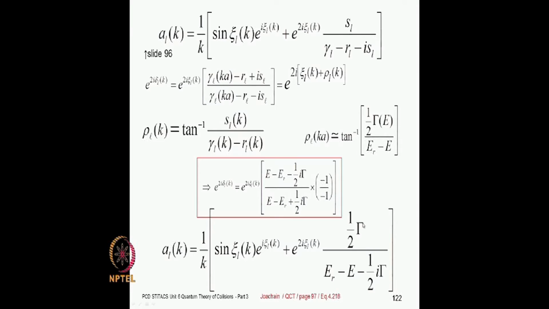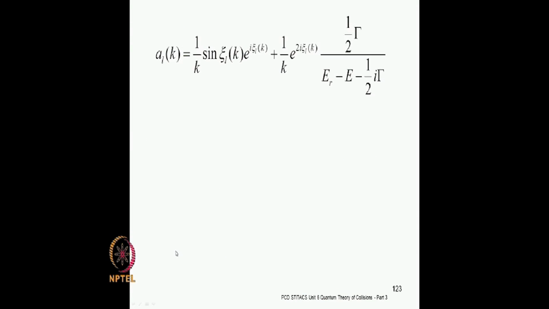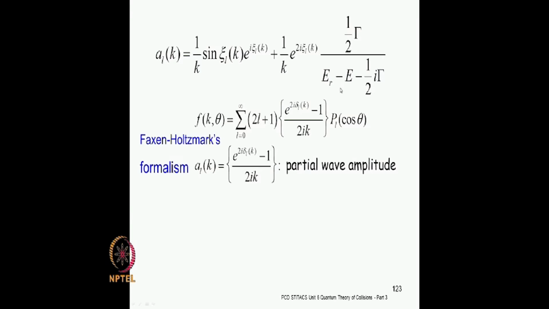This uppercase gamma is different from this. This is the logarithmic derivative of the radial function. This gamma is the resonance width. Okay, they have the same names but different symbols. So this gamma is the resonance width, and in terms of the resonance width you now have this expression for the partial wave amplitude. So here you are, and we can put this in the Faxen-Holtsmark equation for scattering,